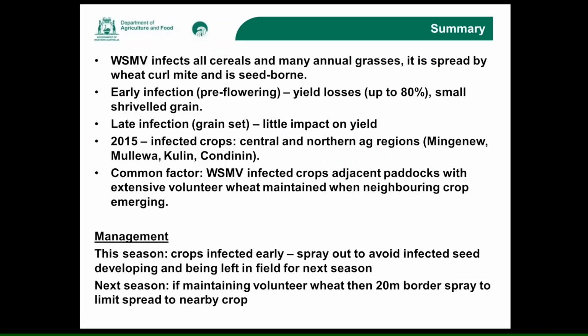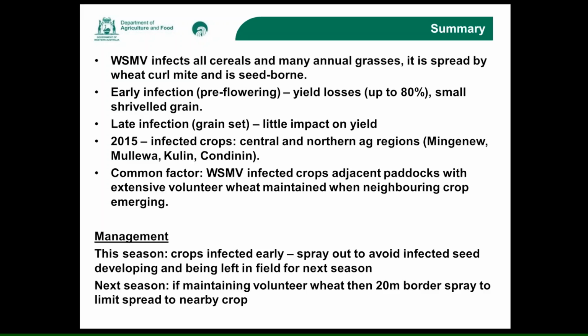So just as a first up summary, wheat streak mosaic virus infects all different cereal crop types, as well as many of our annual grasses that we have in the wheat belt. It's spread by the wheat curl mite, and it's also seed-borne. Why this virus is important is because when plants are infected early, especially wheat, and this early infection is pre-flowering, we get yield losses of up to 80%. Whereas if we have late infection in wheat, so this is after grain set, there's very little impact on yield